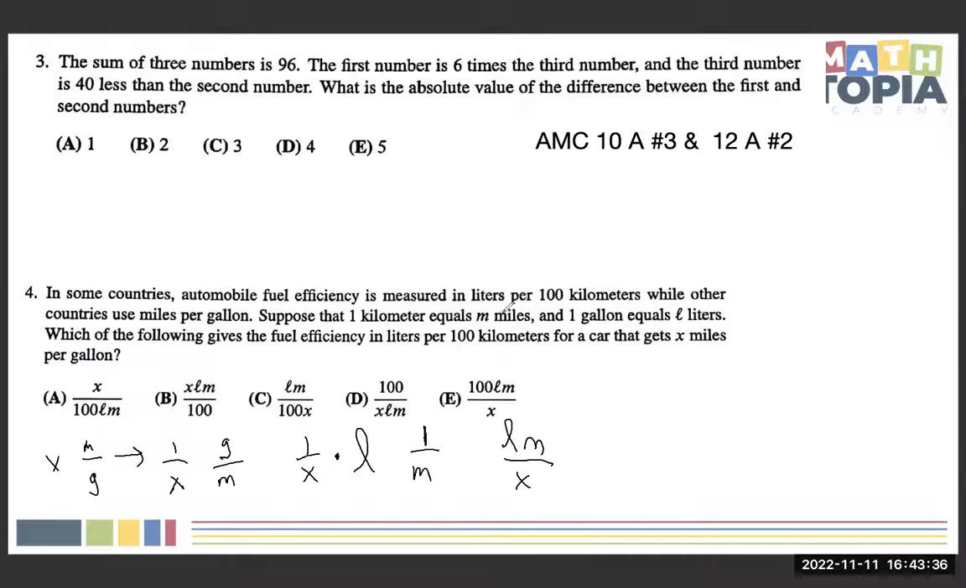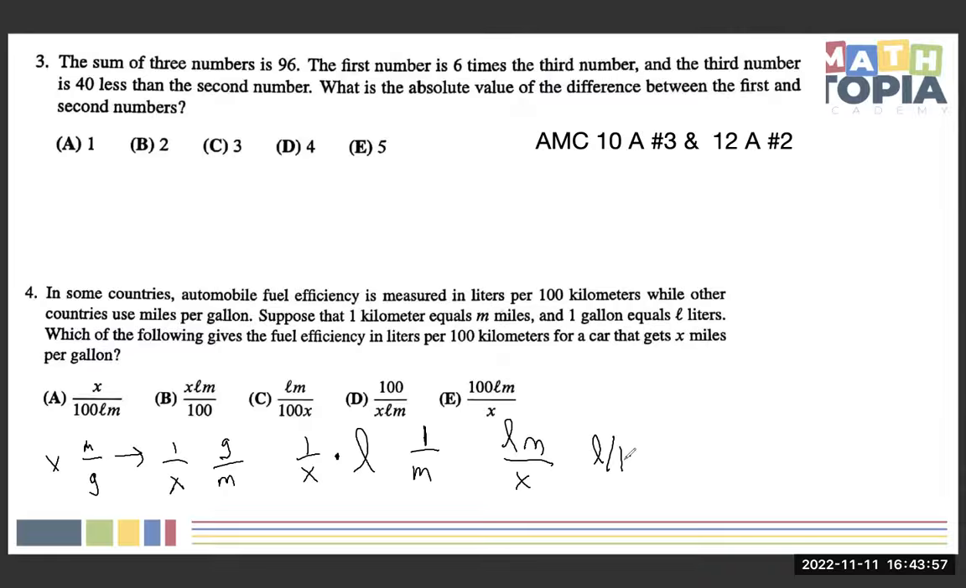So let me just re-summarize that. To convert from miles to kilometers, we divide by m, but the thing is, m is in the denominator, which means m is being divided itself. So we're dividing twice, which gives us the reciprocal of the reciprocal, which gives us multiplication, right? So this m is actually being multiplied. So it's lm over x